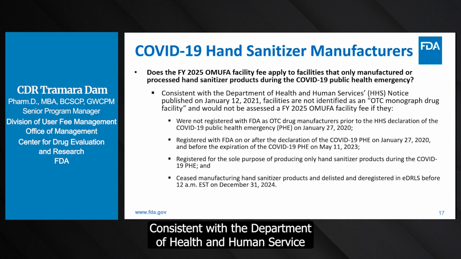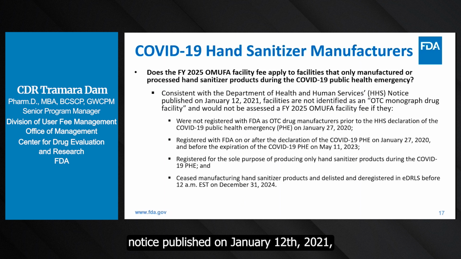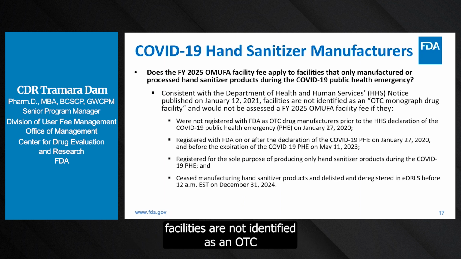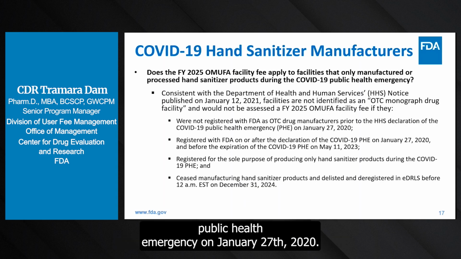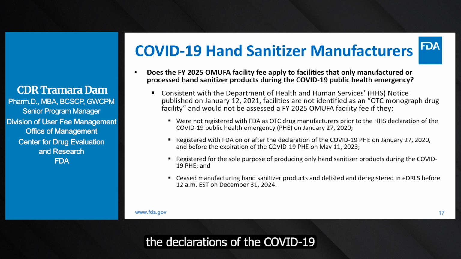Consistent with the Department of Health and Human Services notice published on January 12, 2021, facilities are not identified as an OTC monograph drug facility and would not be assessed a FY 2025 OMUFA facility fee if they were not registered with FDA as OTC drug manufacturers prior to the HHS declaration of the COVID-19 public health emergency on January 27, 2020, registered with FDA on or after January 27, 2020, and before the expiration of the COVID-19 public health emergency on May 11, 2023,